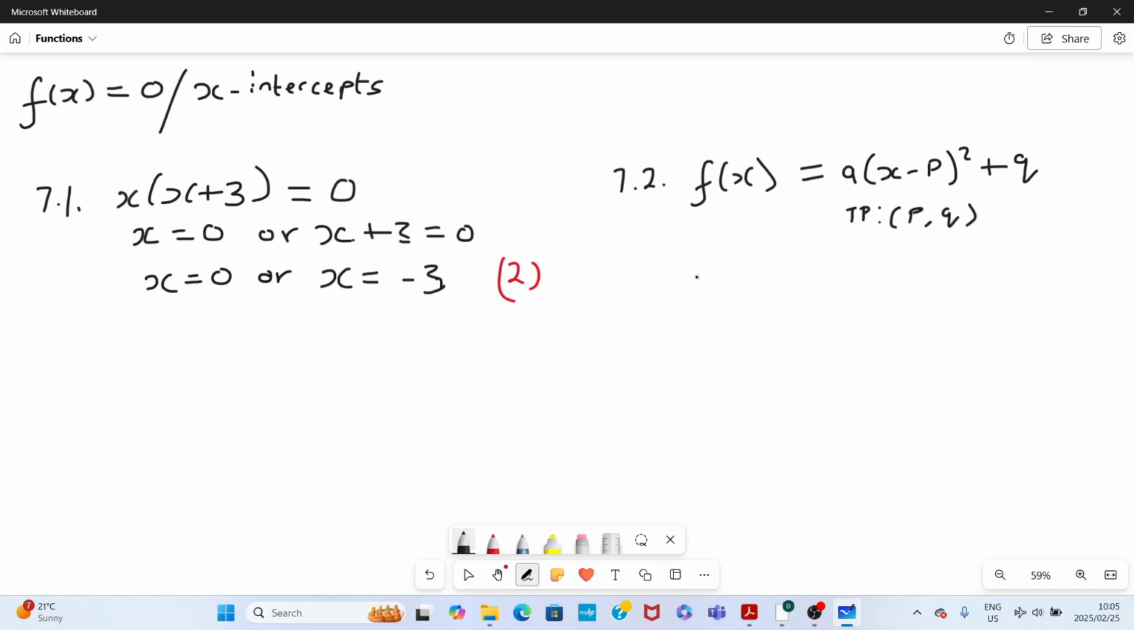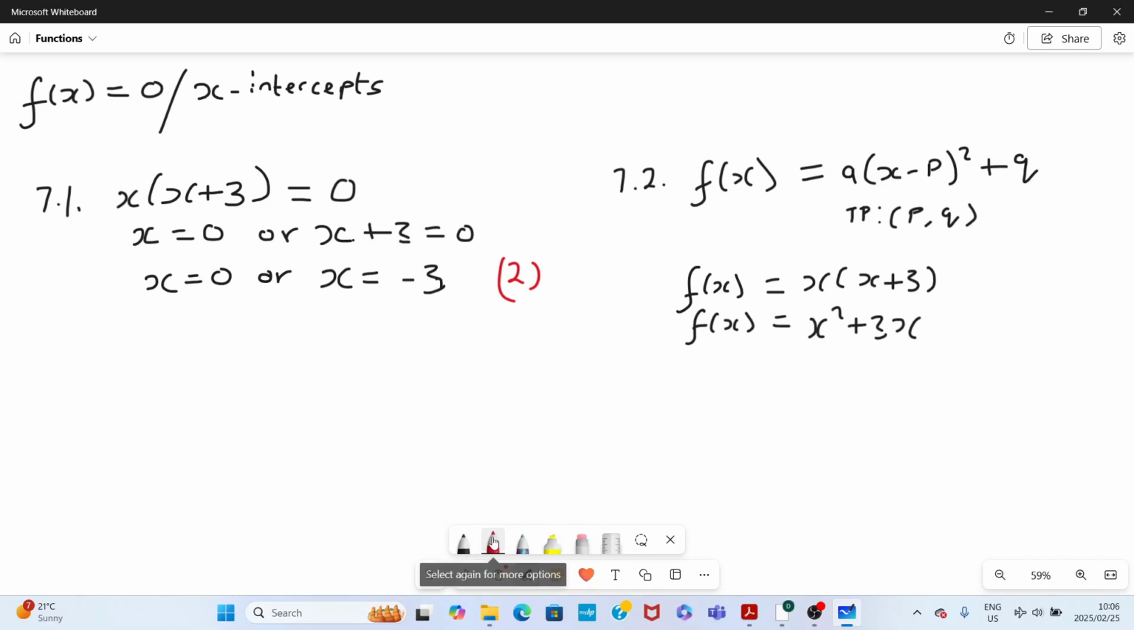So when we have f of x, just like in our case here, where f of x is equal to x into x plus 3. No, no, no. I almost put a square there. I'm getting ahead of myself. So f of x would then be equal to x squared plus 3x. I'm interested in this part here. So now that we have this,